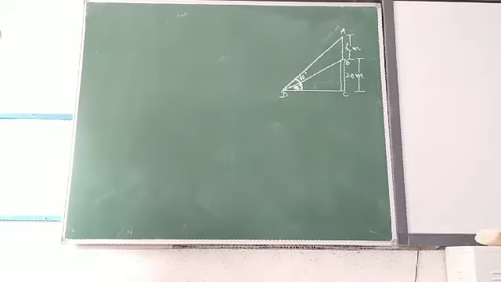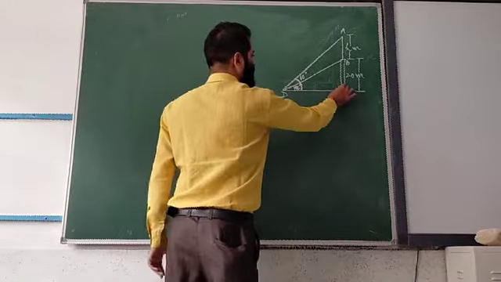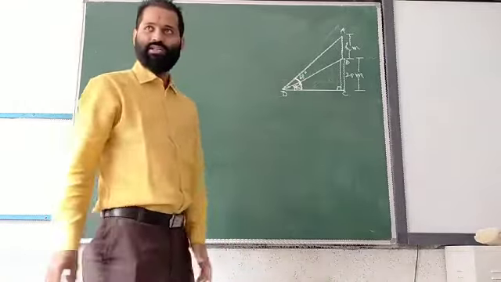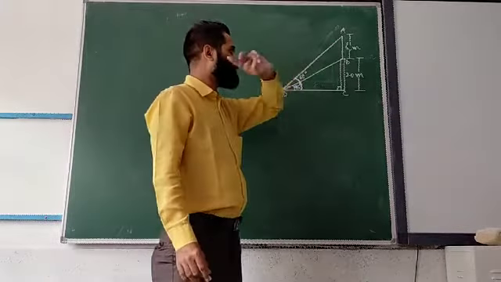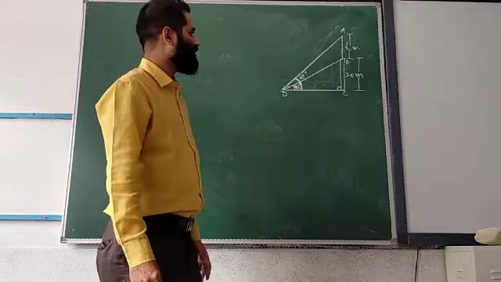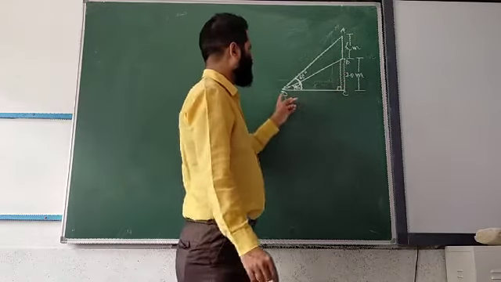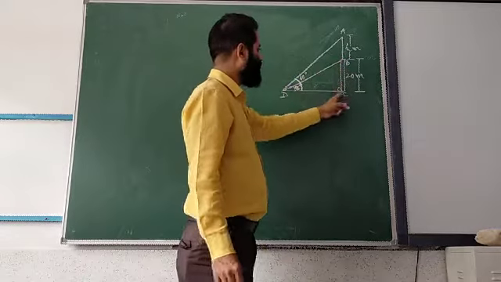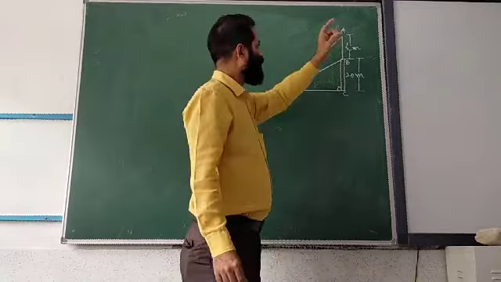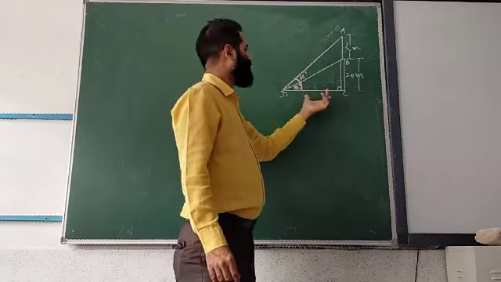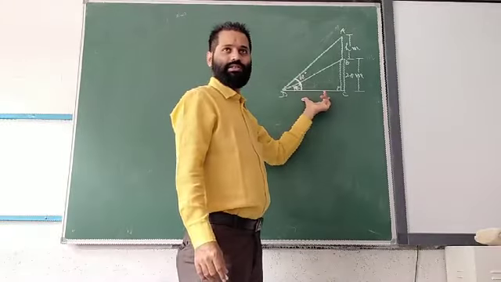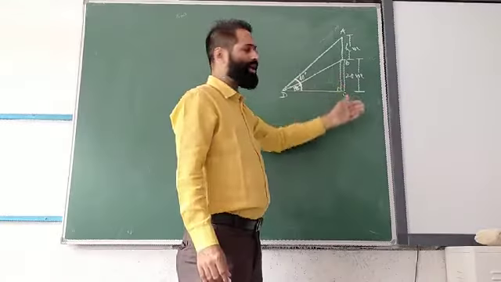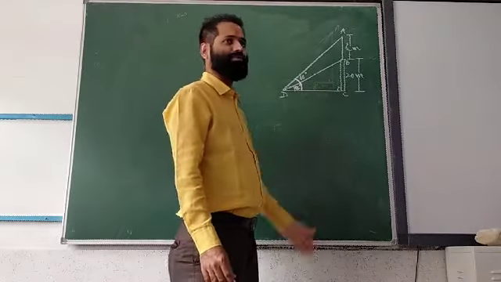Now you can see buildings are always 90 degree. Have you seen a sloping building? No. Buildings are 90 degree. This is also 90 degree, right? So we have two right triangles. What are they? BCD and ACD. In these two triangles, what is common? DC. So we will find DC, so that when we get this one, we can compare with this. Now without finding, I can say that DC will be 20 meter.